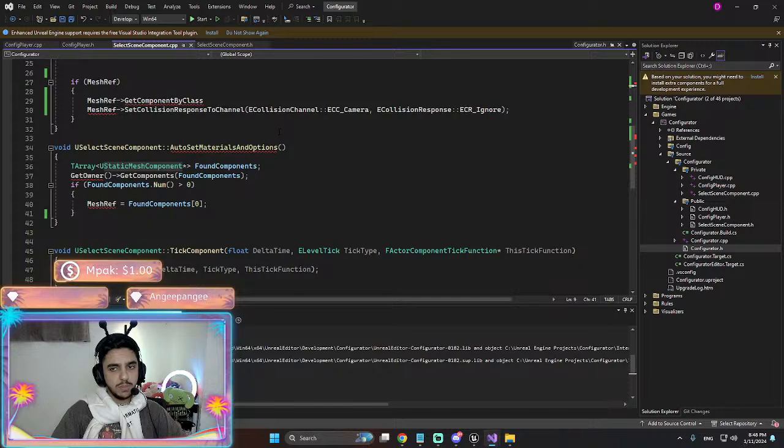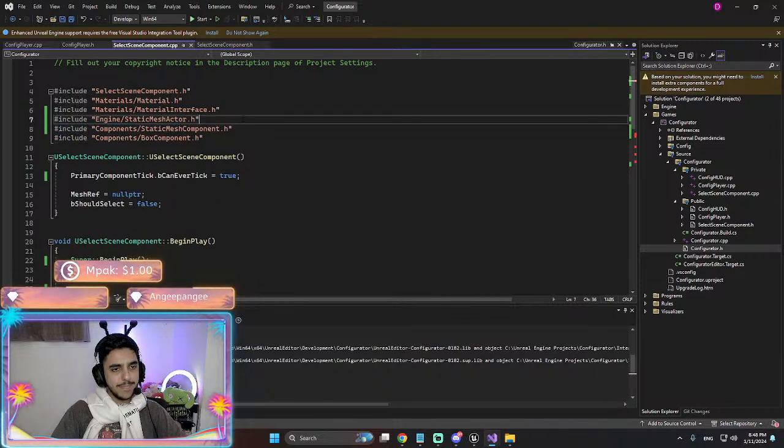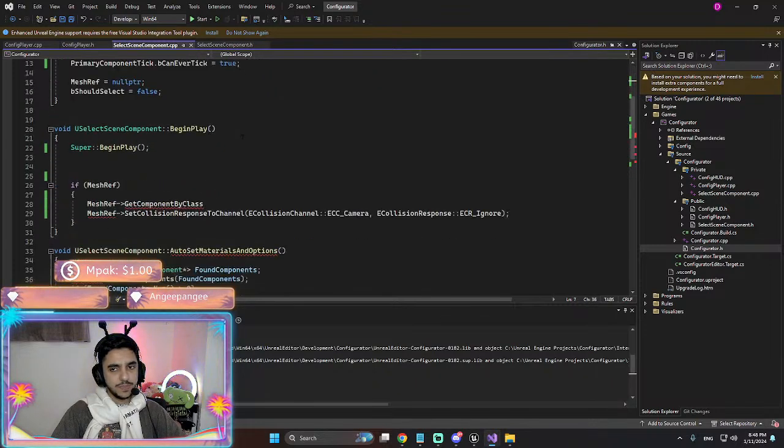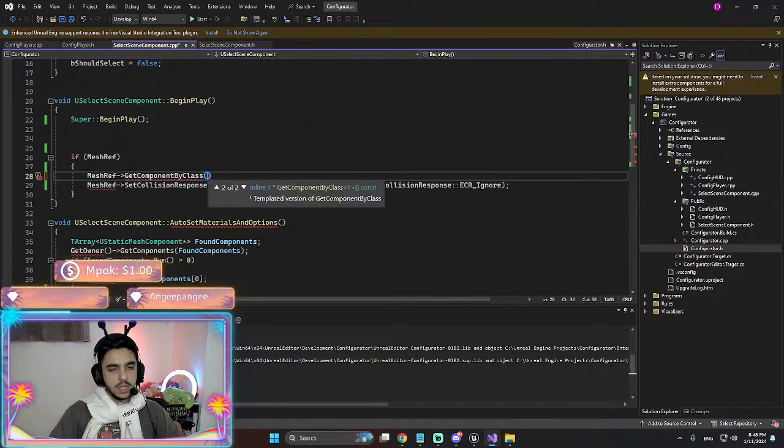Components, static mesh component, now I have it up there. Just like that. And then here, get by class. This is gonna be a T array, but we only want to get the first one.